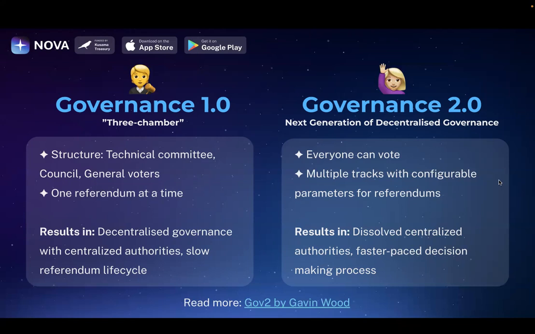And it also allows us to vote in parallel on multiple things, right? So treasury proposals, runtime upgrades, tipping, network changes, everything happening at the same time, basically. And each track has its own parameters. So something like